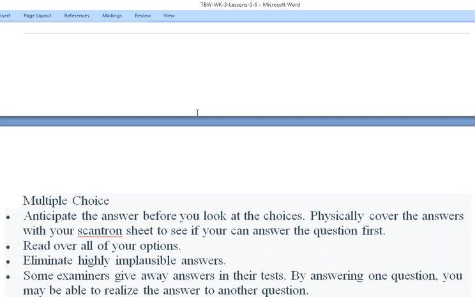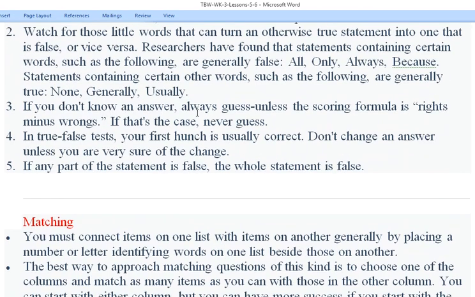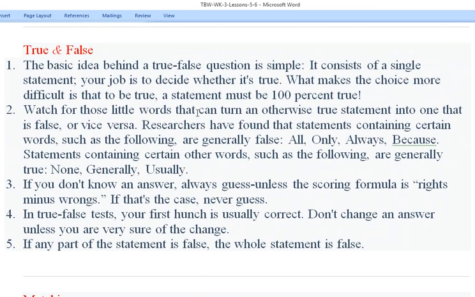Thank you very much. Hope you have understood, and these ideas may be very handy for this exam and for other exams if